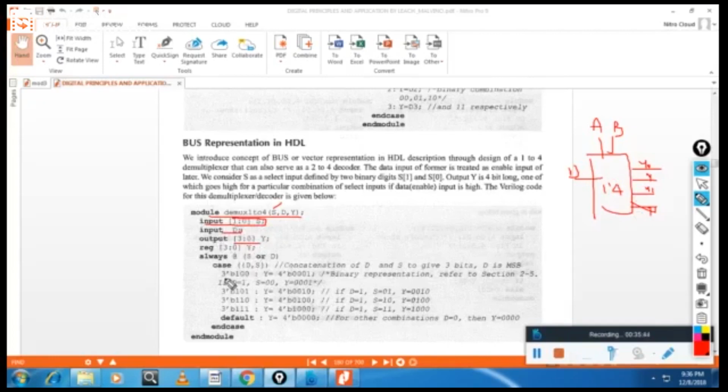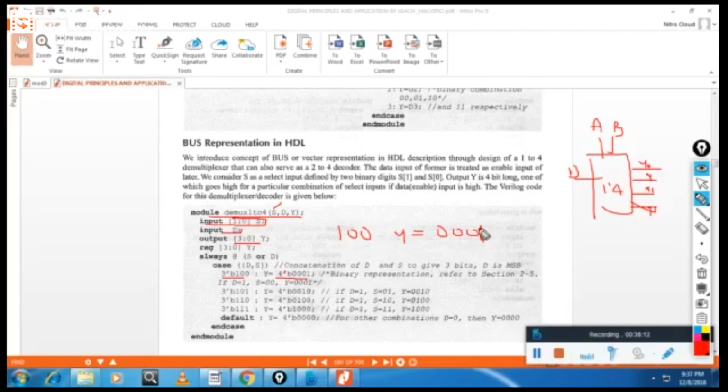Case statement. Case. So first one is when input is in the binary form like 1 0 0. Output is in the binary form 0 0 0 1. 4 bits, 4 hyphen B, this symbol B means 4 bits in the binary form.